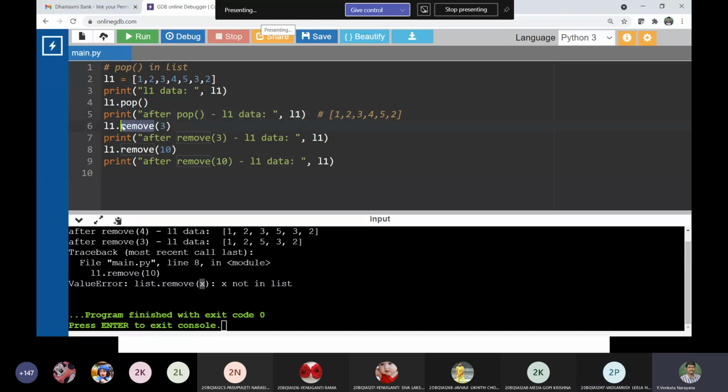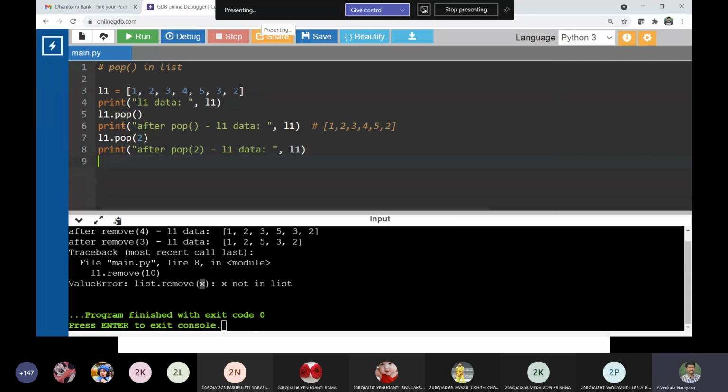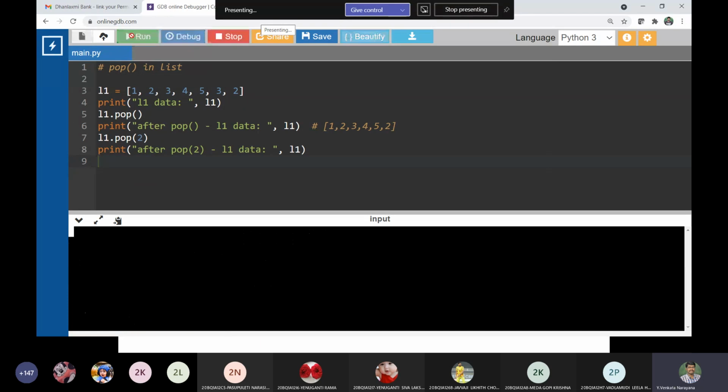What about the next one? L1 dot pop of, let it be 2. The index value 2 means the third element. So after pop of 2, let us check L1 data.